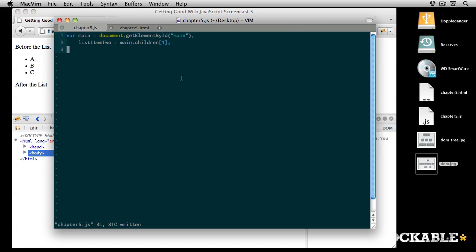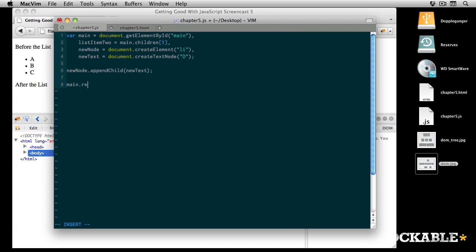So there you go. There's another useful method you might want to use, and that's replaceChild. So let's replace that list item 2 with a new one. But first we have to create it. So we'll say newNode equals document.createElement. It's going to be a list item. We'll say the new text is going to be document.createTextNode. We're going to give it the text D. Good. So now we have newNode.appendChild(newText),